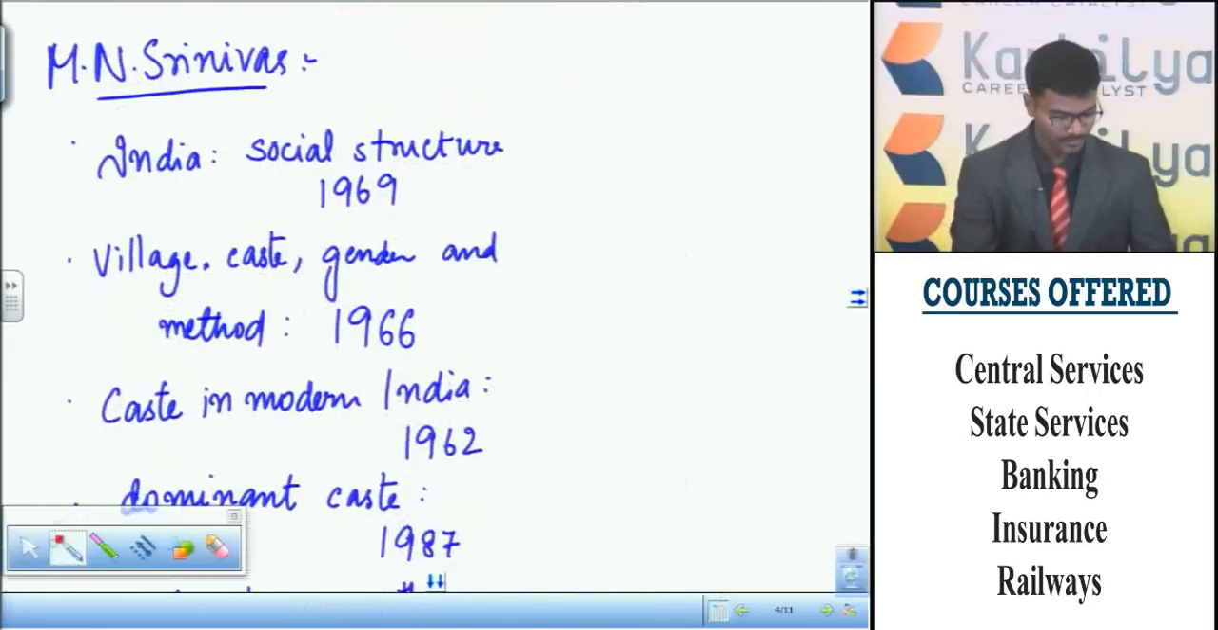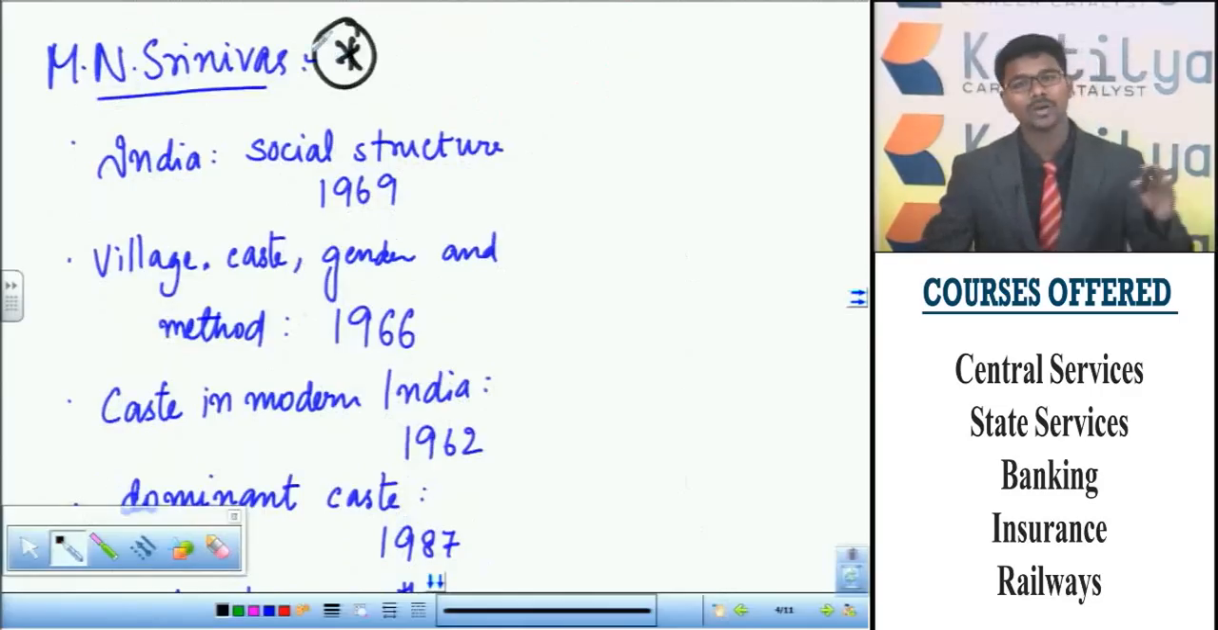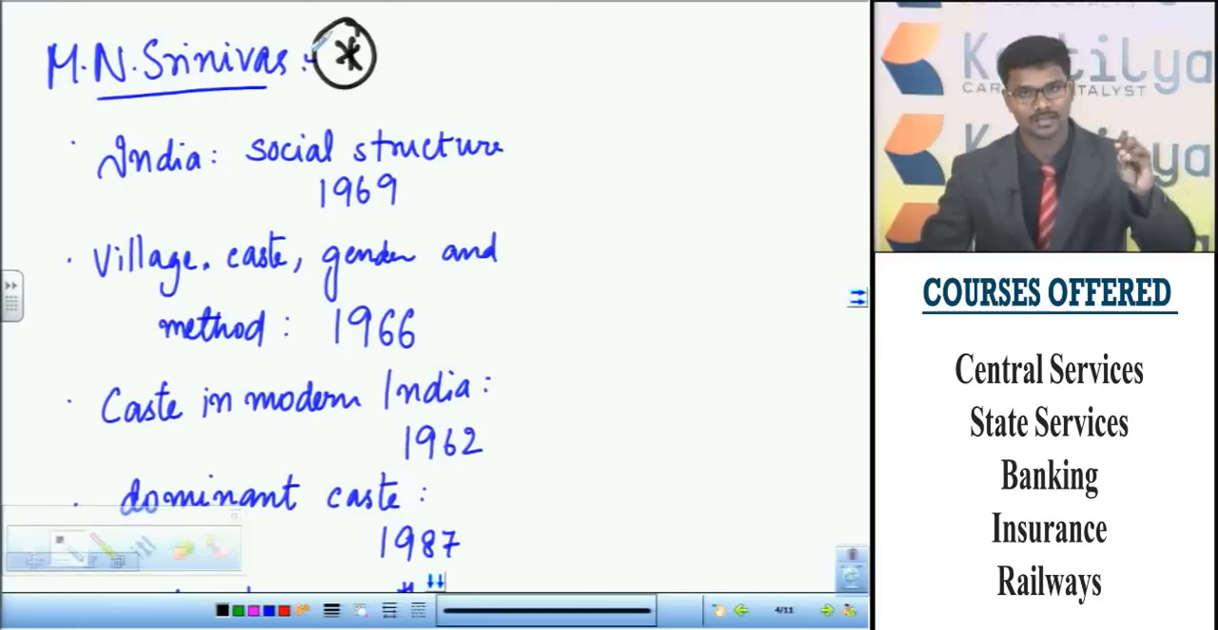Very important topic, highly important, because this person M.N. Srinivas mentioned and quoted various terms with regard to the caste, and also